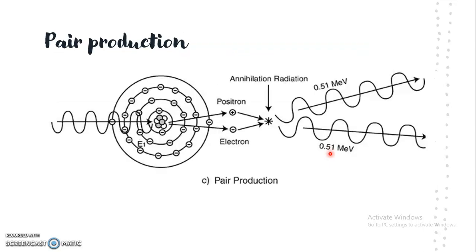So now come to the pair production. Pair production usually occurs when the energy of the incident photon is higher than 10 kilo electron volt. That is higher than the useful range. So when the incident photon interacts directly with the nucleus, it gets absorbed by the nucleus, and the nucleus is split into a positive electron and a negatively charged electron. So the negatively charged electron continues with the annihilation process. So this is about pair production.